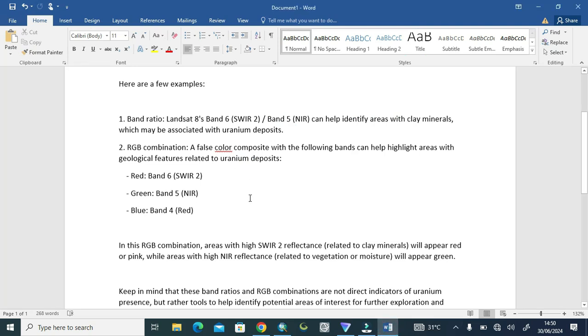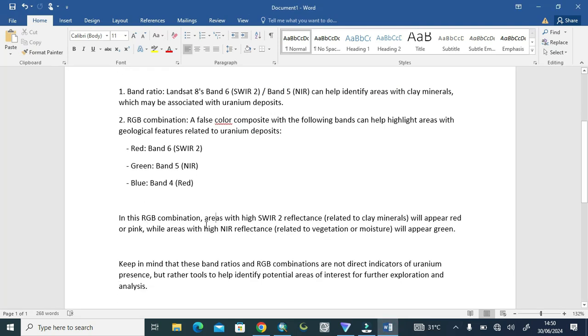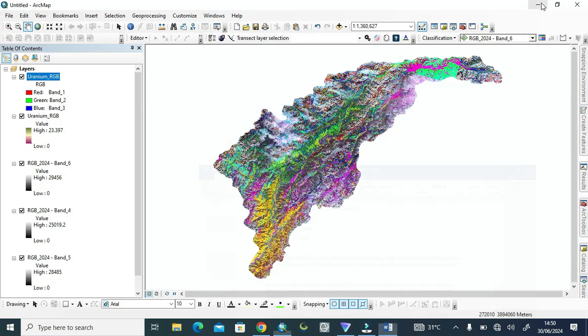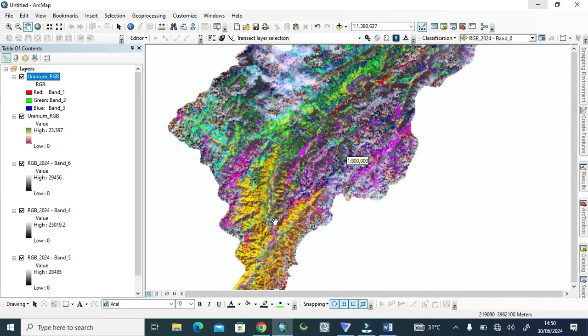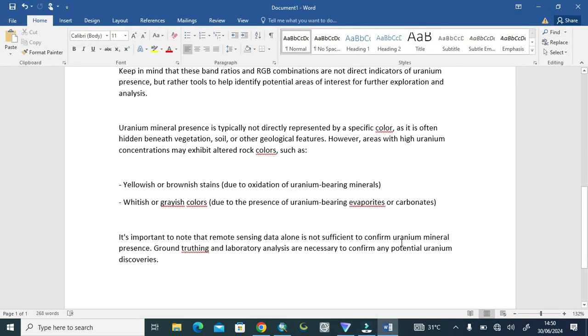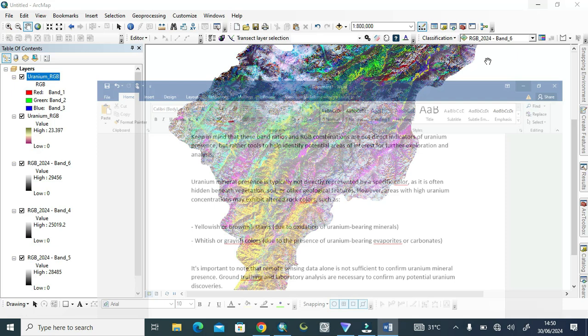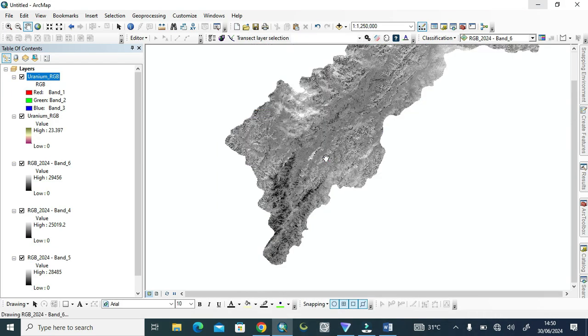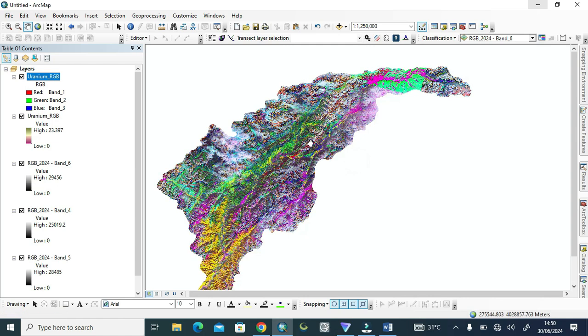So there is almost a uranium-rich area in this district of Khyber Pakhtunkhwa. This is Chitral district. All kinds of uranium are present here, because yellowish color and pink to red color are shown there, and there are also some carbonate-carrying uranium present there. So that's why it's rich in uranium.